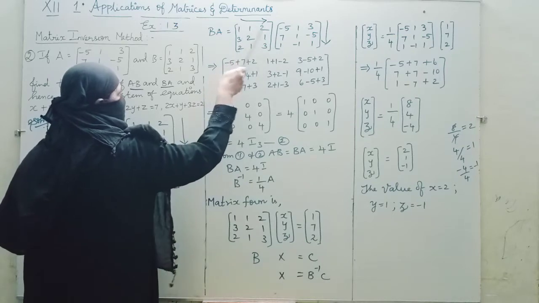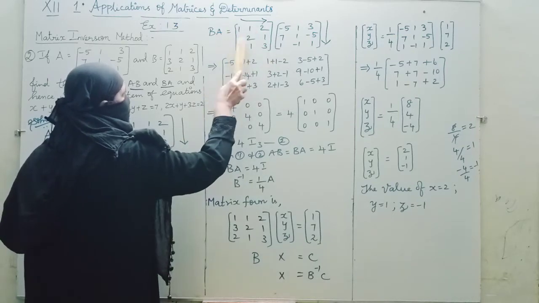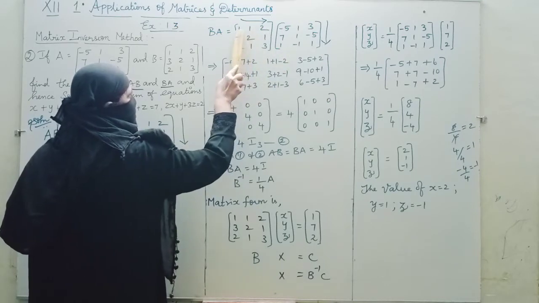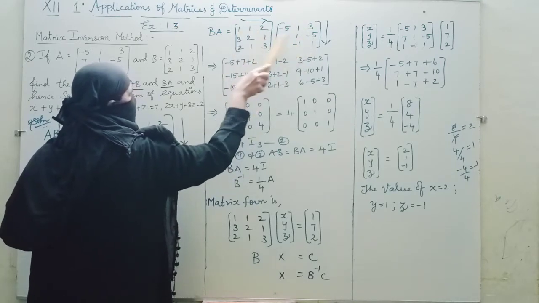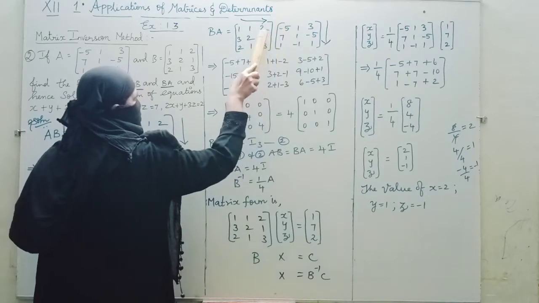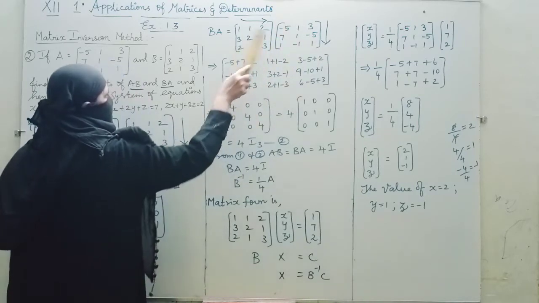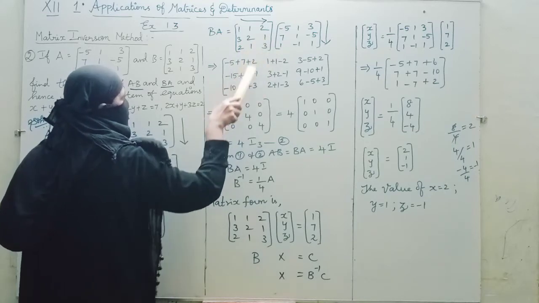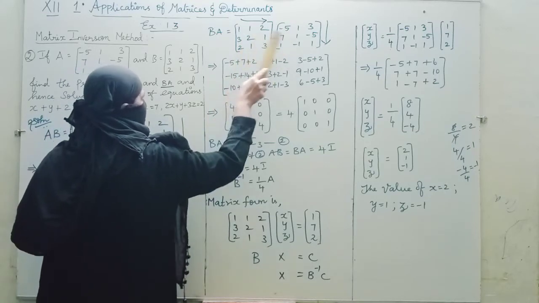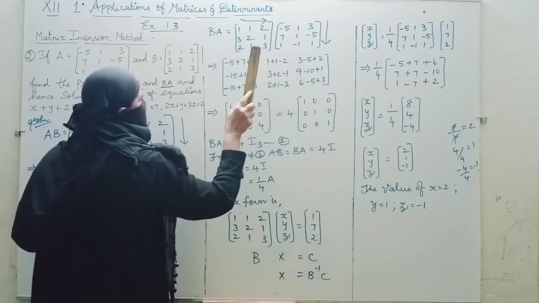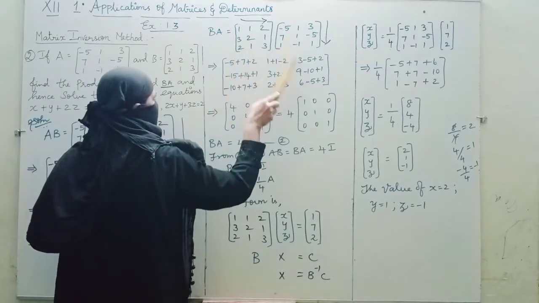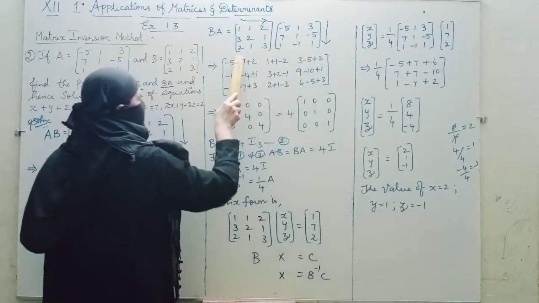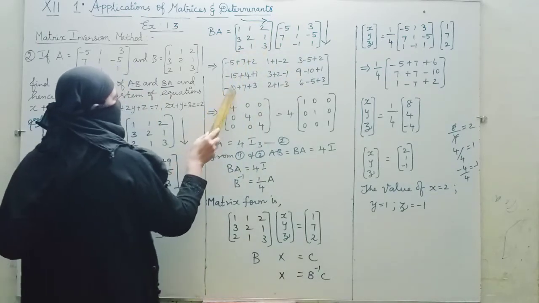So minus 5, 7, 2. Next one 1, 1, minus 2. Next one 1 into 3, 3, 1 into minus 5, 2 into 1 is 2. Next 3 5s are minus 15, 7 2s are 14. 1 into 1 is 1. Next 3 ones are 3, 2 ones are 2, minus 1. Next one 3 3s are 9, minus 10, 5 2s are 10. Next 1. Next 2 5s are minus 10.